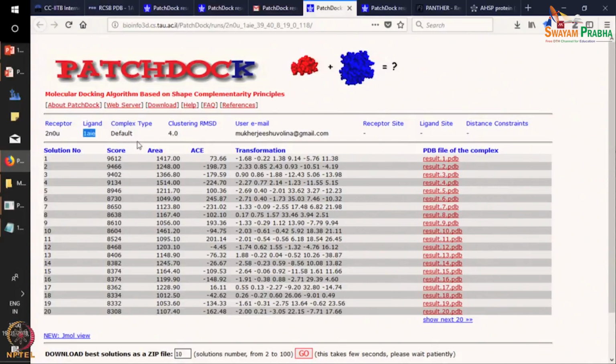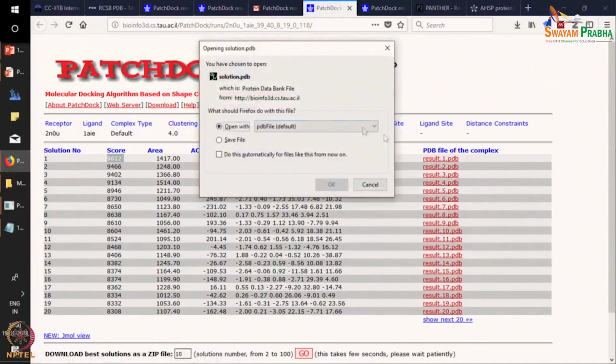Also, it will tell you the score of the interaction. This will tell you that this is the maximum score for this kind of interaction, and according to the score, they will give you different results. So the score indicates the fit of the ligand and receptor. So if we click here, we will again find the interaction file. So if you open it,